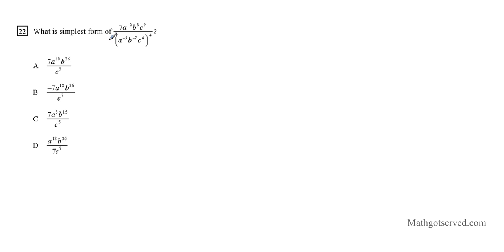All right, so for number 22, we're going to simplify this. So we have 7a to the negative 2, b to the 8, c to the 9, over... Now, on the bottom here, we can distribute this 4 to all the powers, right? Distribute 4 to all the powers. So that basically gives you a to the negative 20, b to the negative 28, and then c to the